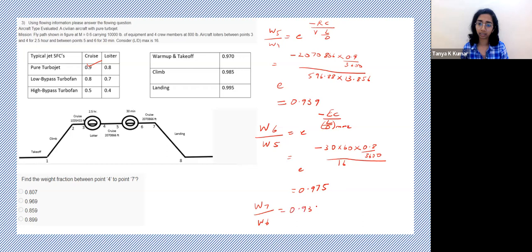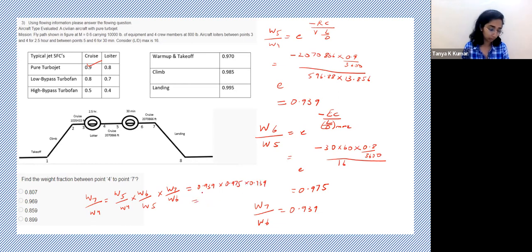So it's 0.939. So your W7 upon W4 will be multiplying all of these: W5 by W4 into W6 by W5 into W7 by W6. That is 0.939 into 0.975 into 0.939. That would come out to be